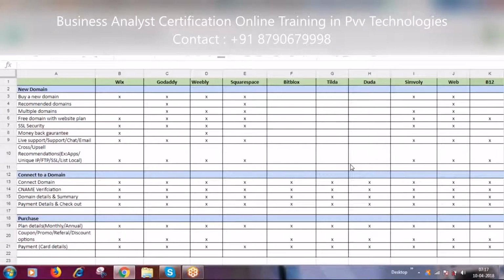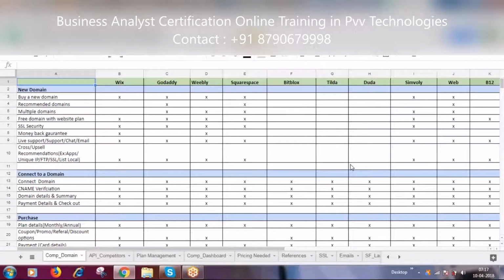No, this is a smaller list of a competitor analysis that we initially look into and then figure out the items. On the left, you can see the list of features that the competitors have available, and on the right side you can see the list of competitors who are specifically in this particular case. What we have taken is the competitor analysis that we did for a domain purchase